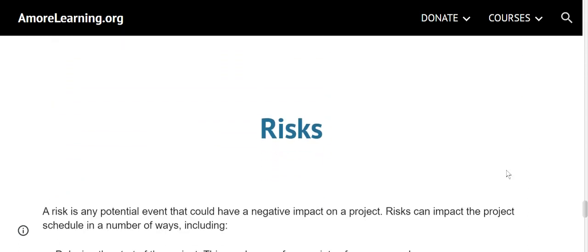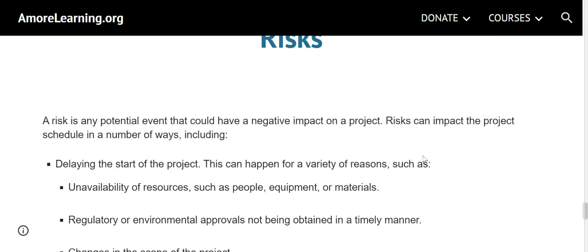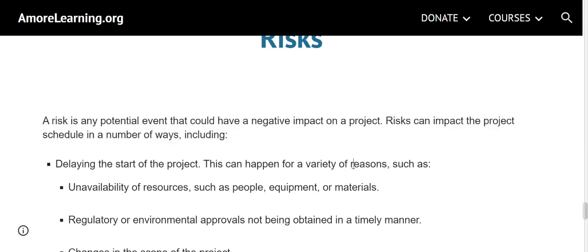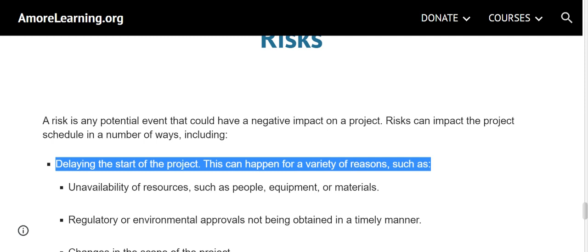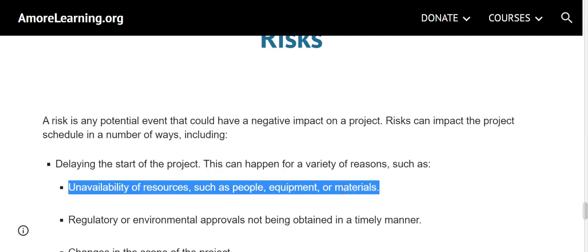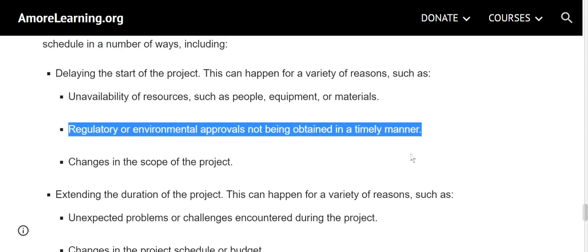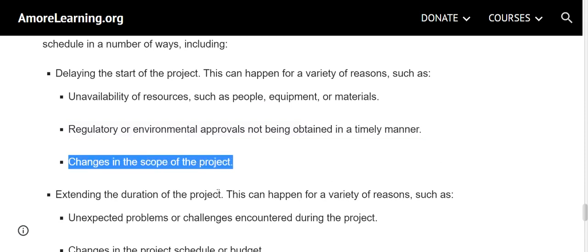Risks. A risk is any potential event that could have a negative impact on a project. Risks can impact the project schedule in a number of ways, including delaying the start of the project. This can happen for a variety of reasons, such as unavailability of resources, such as people, equipment, or materials, regulatory or environmental approvals not being obtained in a timely manner, changes in the scope of the project,